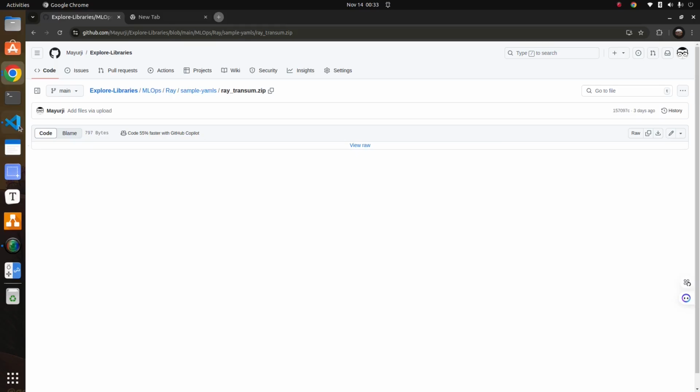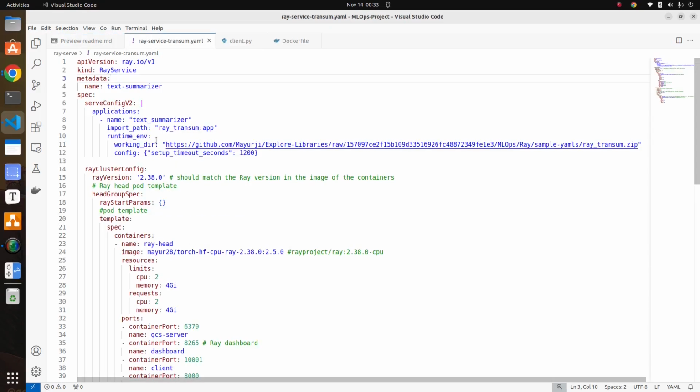Let me go to that YAML first. So here we have the Ray service YAML. First, we have to have a Kubernetes cluster and Kubernetes operator up and running inside our environment. Now we have to use Ray service to deploy our Ray service inside a Kubernetes containerized environment. So first we create a Ray service, and here in the spec part, we are referencing the specific URL, which is again this one, ray_transum.zip,